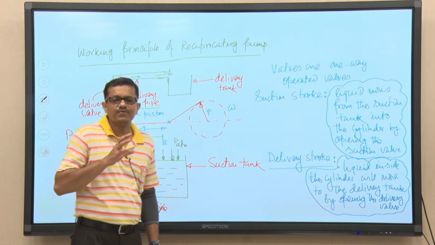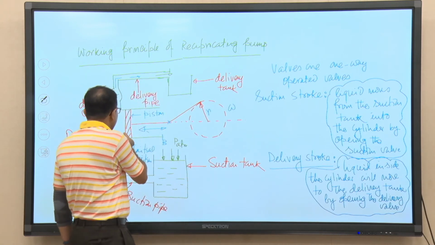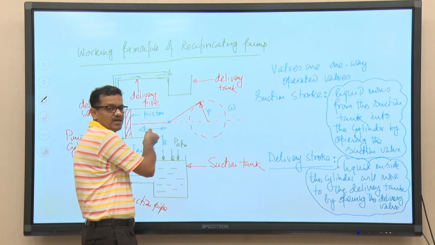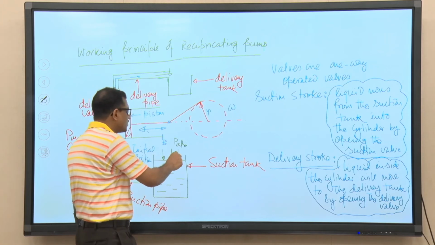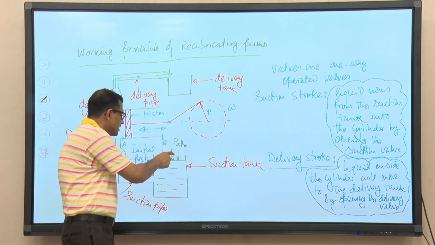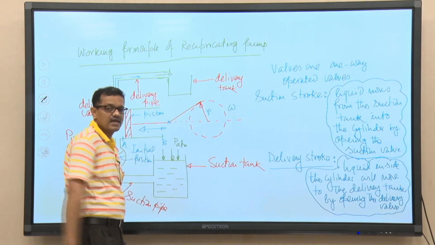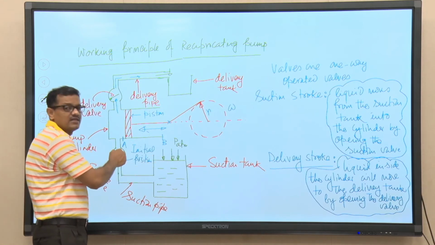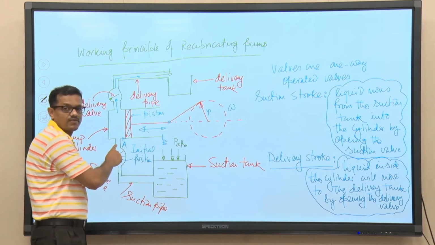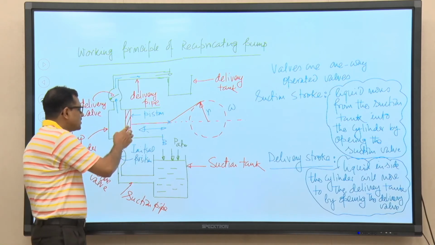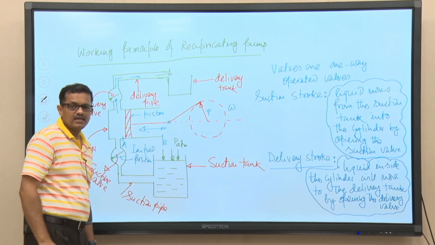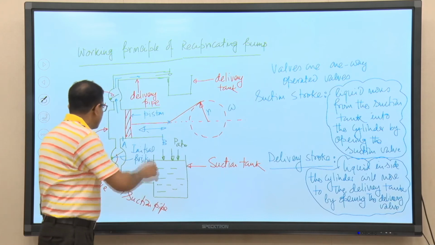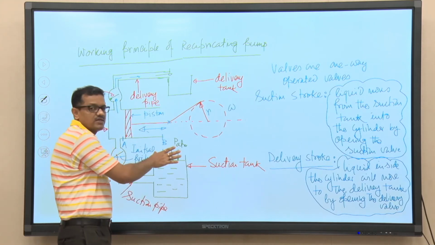Now, we have understood it physically. If we bring the piston from location A to location B, we are creating a negative pressure inside the cylinder, less than the atmospheric pressure. Since atmospheric pressure is acting on the liquid in the suction tank, that pressure difference will allow the liquid to move from the suction tank by overcoming the force required to open the suction valve. And when the piston reaches position B at the end of the suction stroke, the pressure inside the cylinder will be very close to atmospheric pressure, so there is almost no driving force.